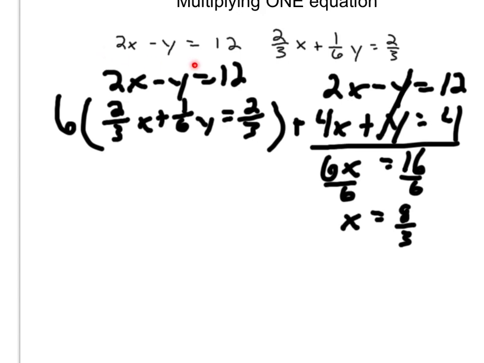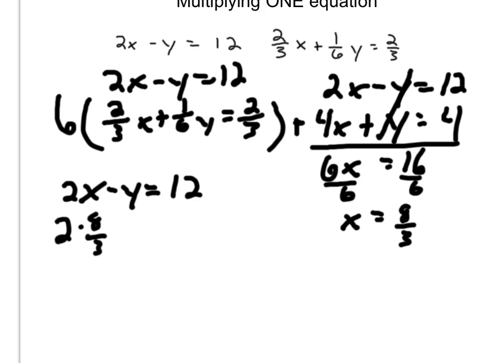Well, I'm going to plug it into this one because I don't want to deal with all these fractions. We decided that we don't like fractions for the most part, so I'm going to start with my 2x minus y equals 12 equation again. I'm going to plug in my x value, so it's 2 times 8 over 3 minus y equals 12. Well, 2 times 8 over 3 is 16 over 3